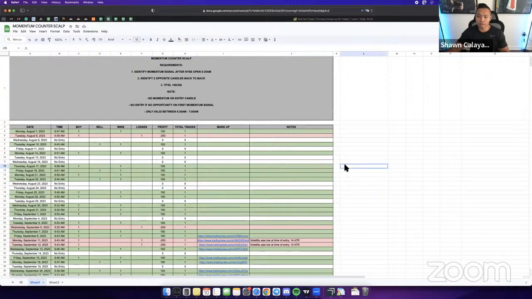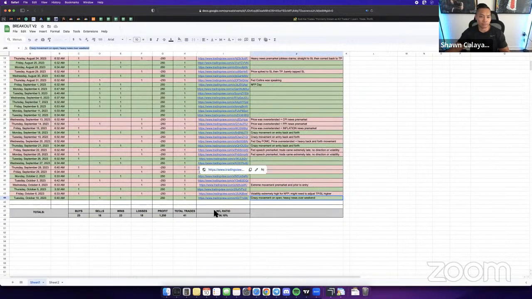However, moving forward, I think I'm going to probably focus on just 2 strategies. So this might not even be one of the official strategies that we'll look at. We'll keep 2 all-day strategies during the live session, and then we'll try to keep 1 just for open. I think for the open one, it's going to have to be between the momentum counter scalp or the breakout V2. They both have decent win rates.